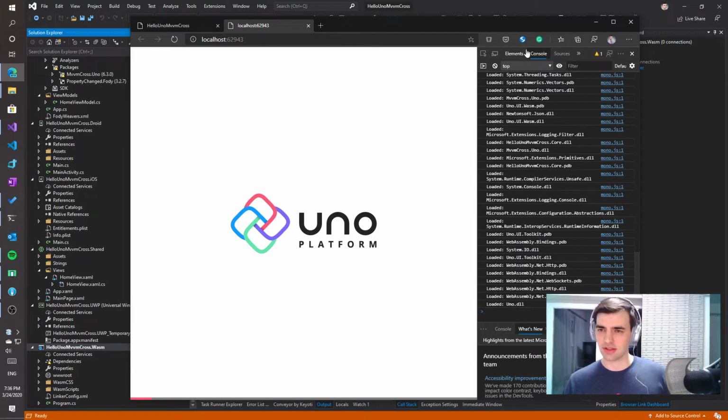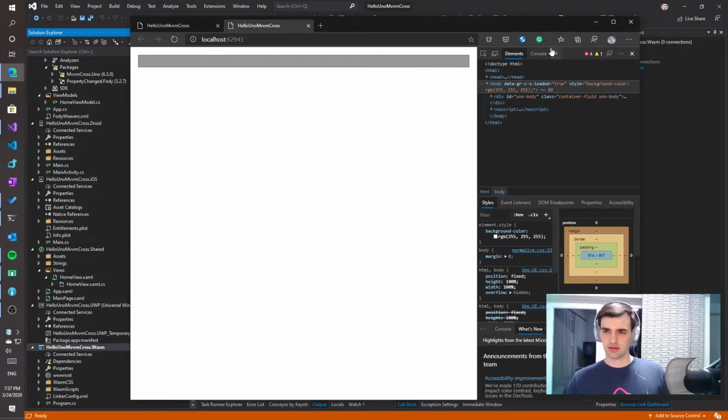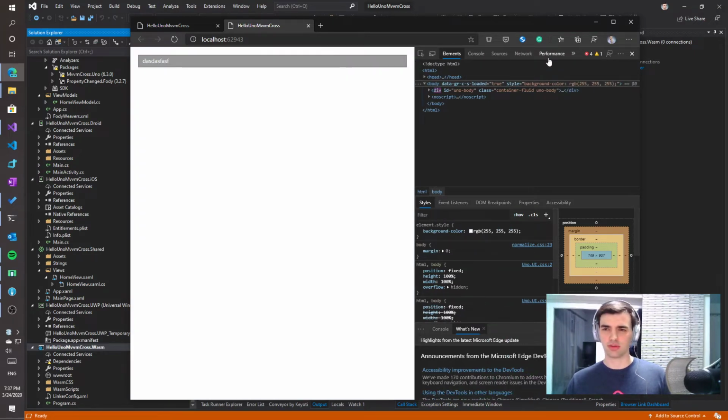Let's see the console, and in the console we should see the Debug.WriteLine output. It's a nice quick debugging trick for WebAssembly. It doesn't seem that we have any output here, and no. Oh, I see the problem now. Okay. So the problem the whole time was not that it didn't work. The problem is we have a white background of the page. The code is actually using dark theme in WebAssembly, and